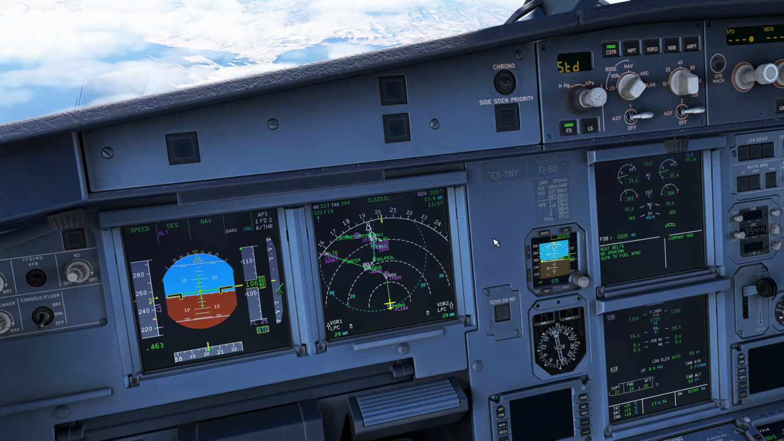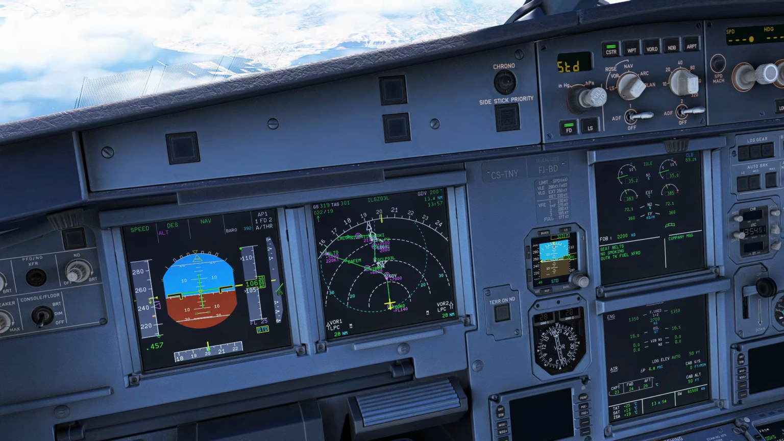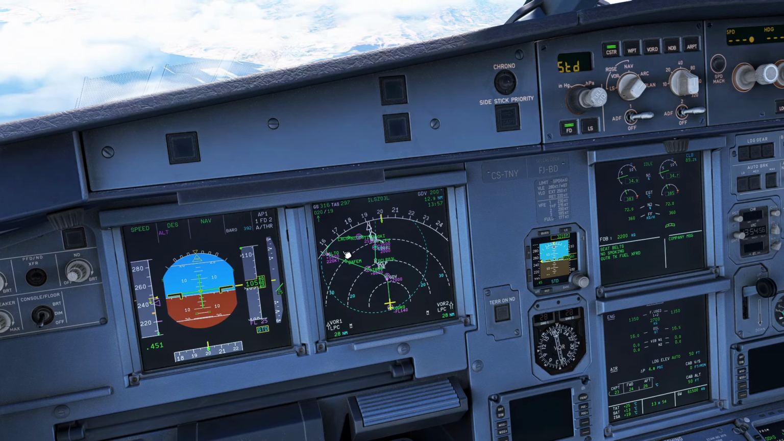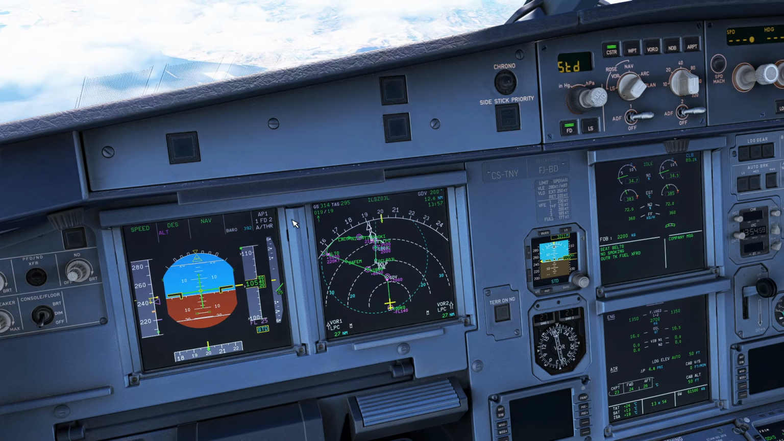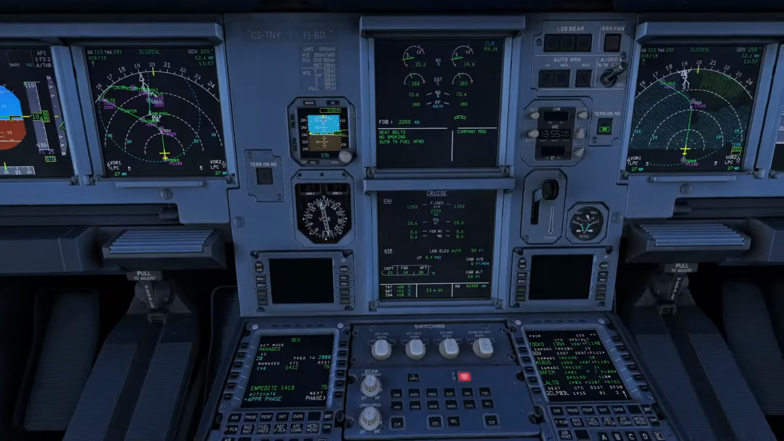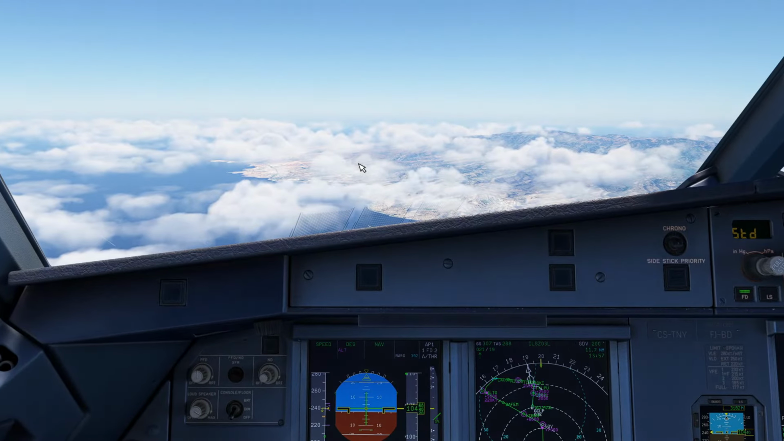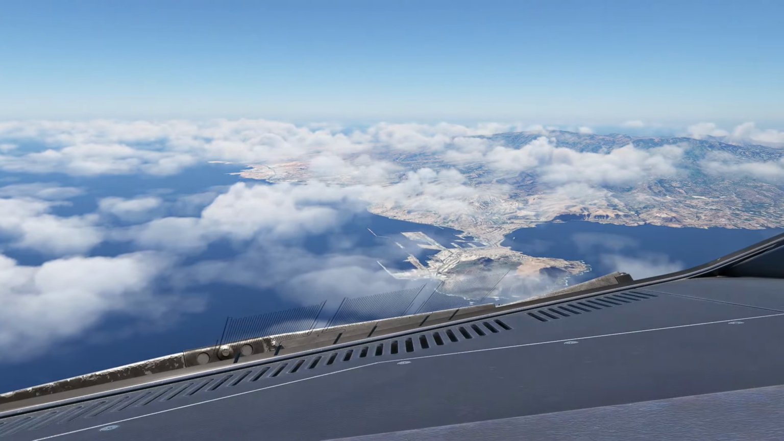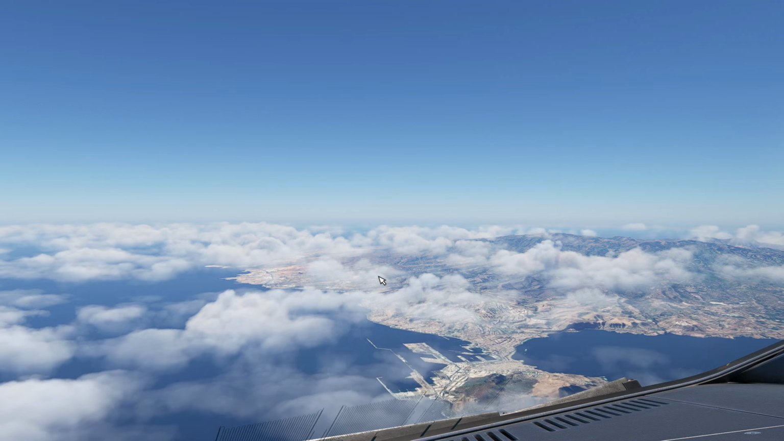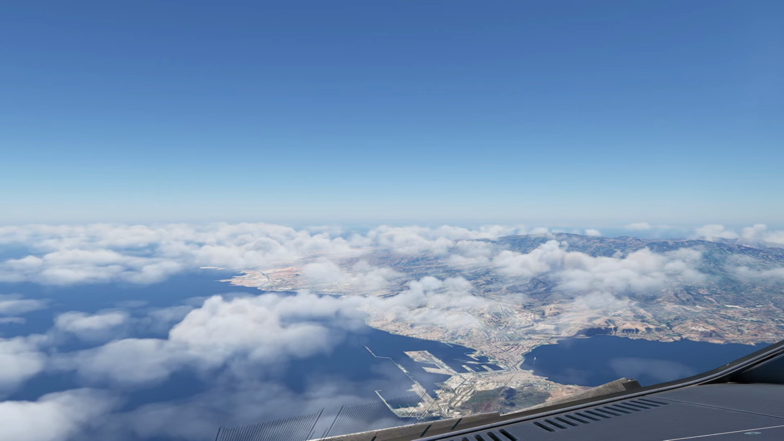We are just approaching almost 25 miles toward the airport, and we have a nice scene with a partial cloudy sky at the east of the island,